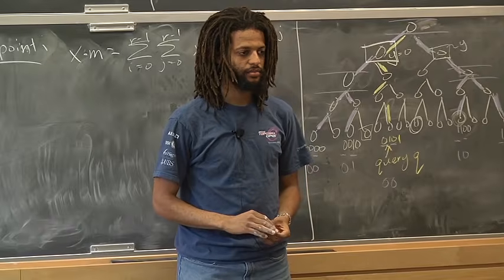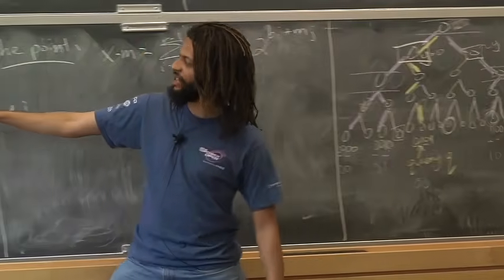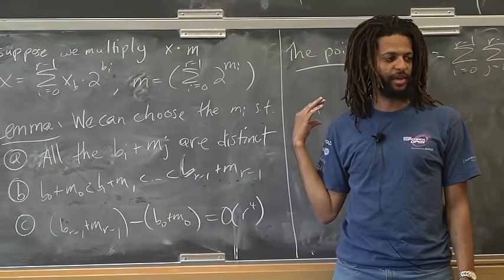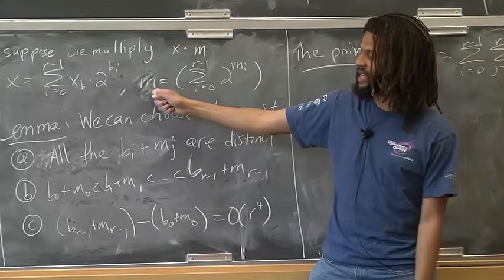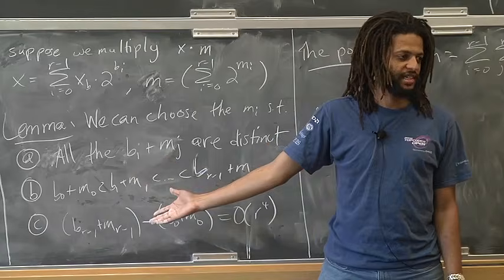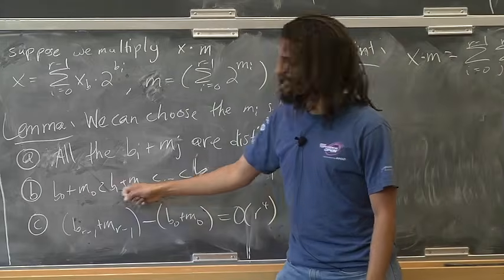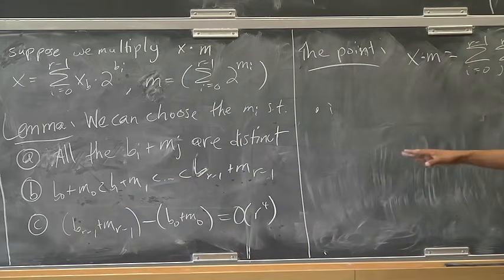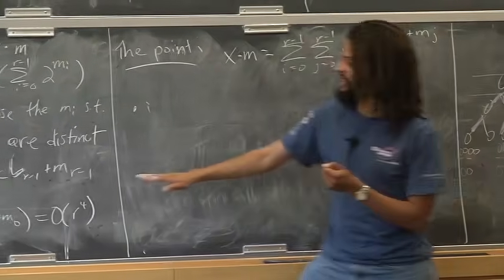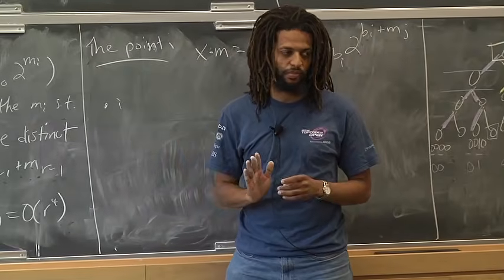So how are you going to get the mask out? In pre-processing, we're gonna see how to find this m in the proof of the lemma. So in pre-processing, I'm gonna find this m, okay, and then I can create the mask in pre-processing. The mask is a single word, right? It's a single word which just has ones at these R locations, and to mask those out, I just do a bitwise and. Right? So I'm gonna do x times m. And then I'm going to do a bitwise and with the mask containing these R locations. And then I'm going to shift it down. That's going to be my actual sketch.